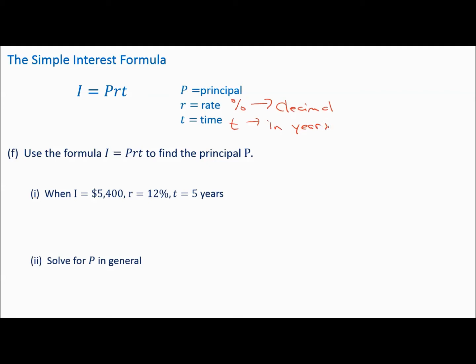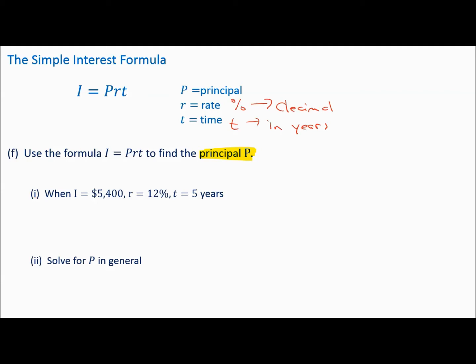And that's how long the money will be charged interest. So we're supposed to use the formula I equals PRT to find the principal P. So again, notice what they're trying to do. They want us to solve for P. The first problem says when I is 5,400, that's your interest, R is 12% and T is 5 years. The second question just says solve for P in general. Let's solve for P in general. I think that'll be faster, and then we'll go back to the first question and find out what P is